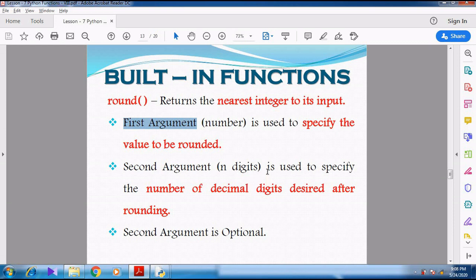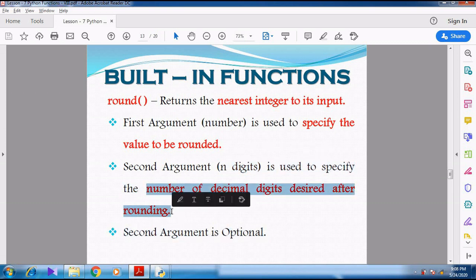The second argument is n digits, used to specify the number of decimal digits desired after rounding. So after rounding that number, how many decimal digits should be displayed on the screen should be given in the second argument.